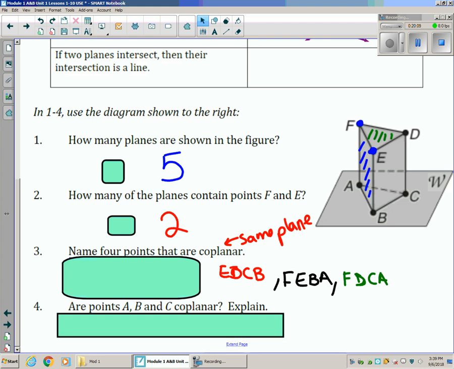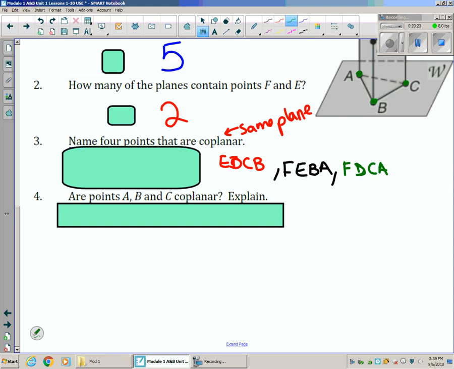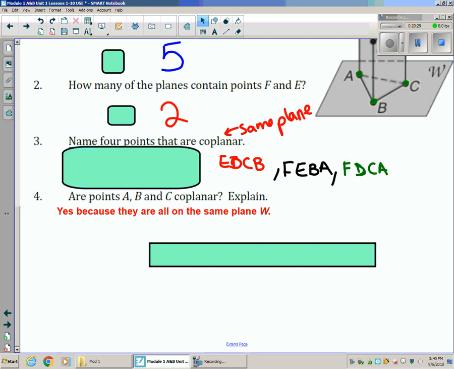Are points A and B and C coplanar? Explain. So A, B, and C. Let me erase this a little bit so we can see a little bit more. A, B, and C, are these exactly coplanar? Yes, they are, all three of them. They are exactly on the same plane. They are all on the plane W. Okay,